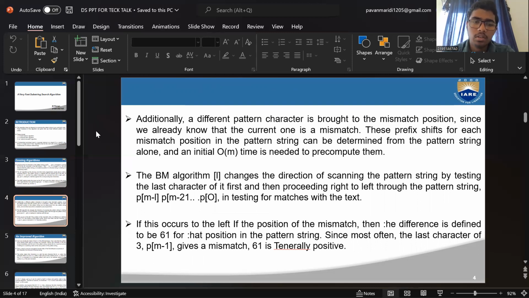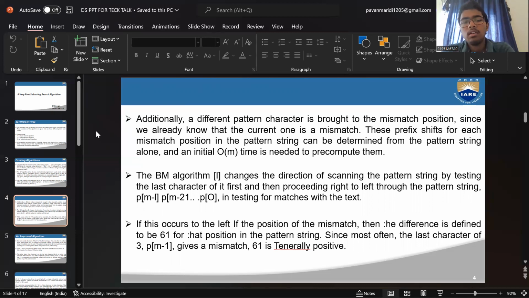Since we already know that the current one is a mismatch, these prefix shifts for each mismatch position in the pattern string could be determined from the pattern string alone, and an initial O(m) time is needed to